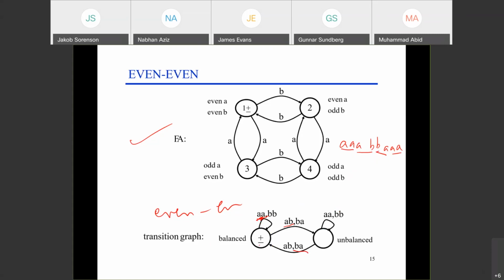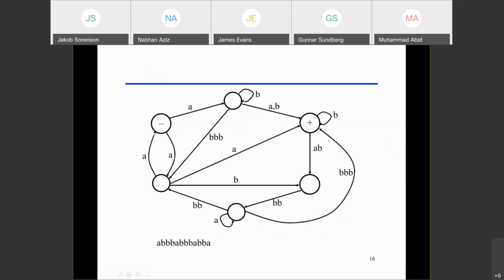Gunnar, did you see that? So we can pass this word like this: A, B, A is good. So yes, it can handle this. Gunnar, does this answer your question? Yeah. Okay, that's good. So yes, this is good. It can handle that.